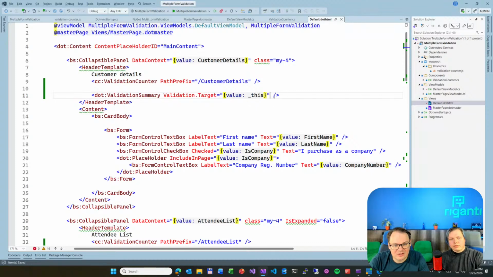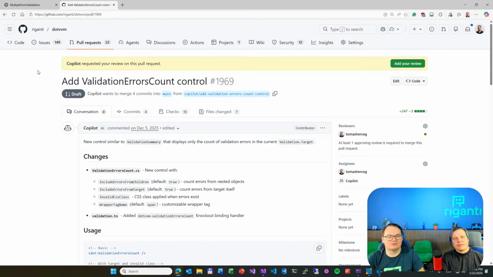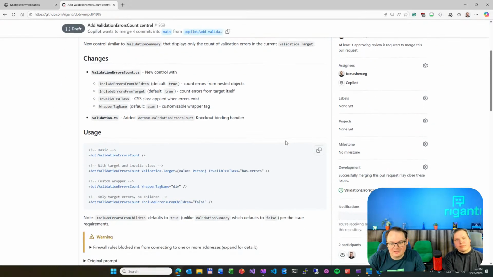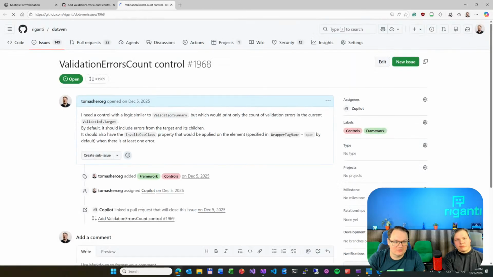So I need just a control similar to validation summary, but it would not print out the errors. It would just print out a number of errors. Maybe there is some CSS trick, some CSS magic I could do to visually produce what I need, but I think that it's better to have this component in the framework. And I asked Copilot to implement that. I created an issue, and then when I read it today, what I wanted, it was like one month ago,